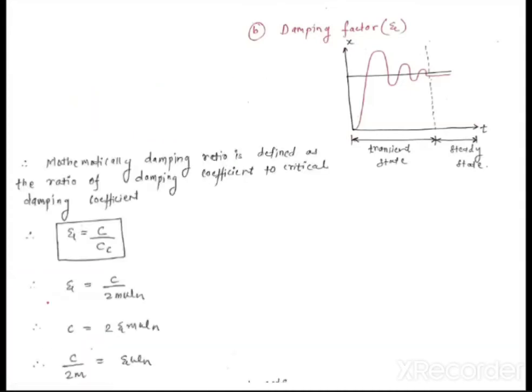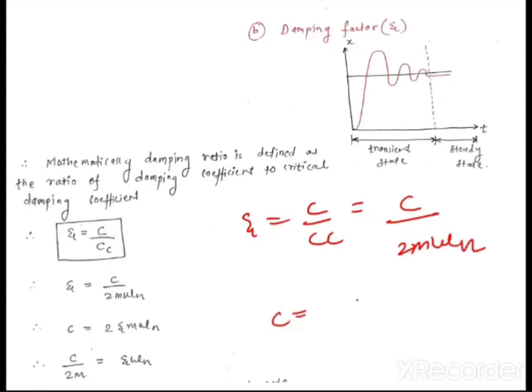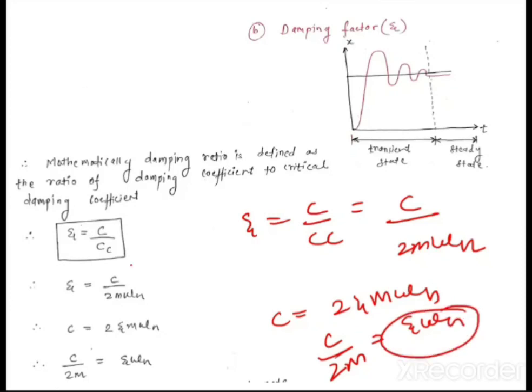Okay. So finally, you know that zeta is equal to C upon Cc, and Cc is 2 m omega n. So C becomes 2 into zeta into omega n times m, and C upon 2m becomes zeta into omega n. Now guys, you might have been wondering